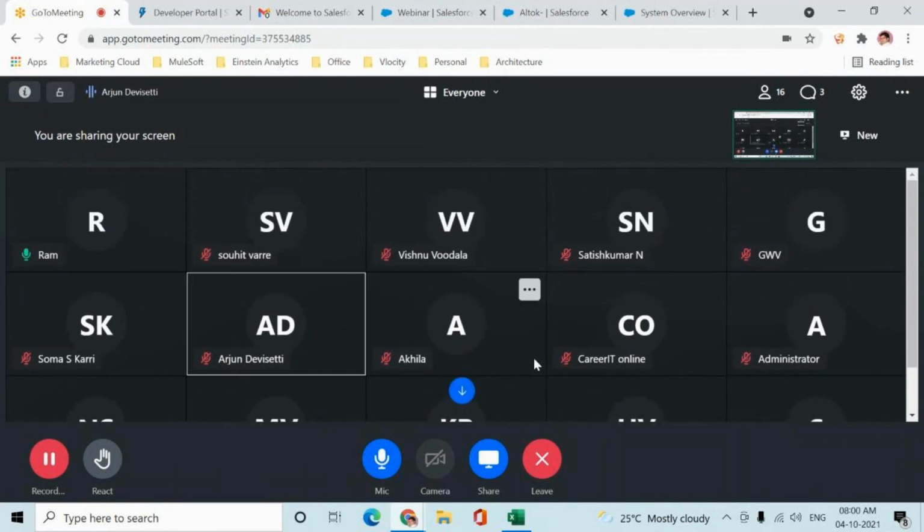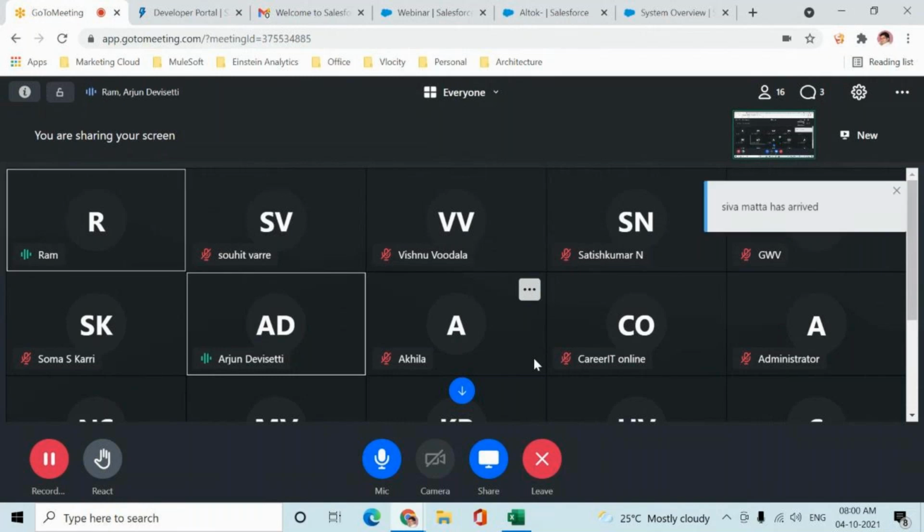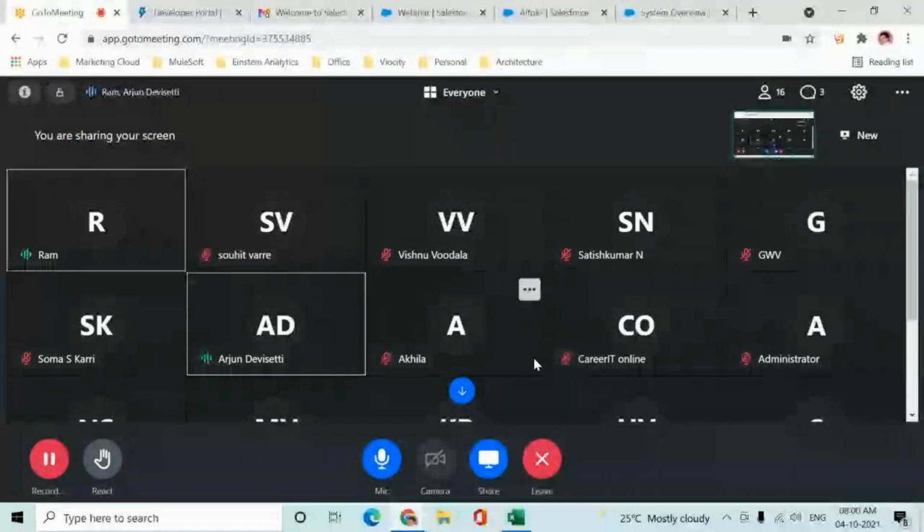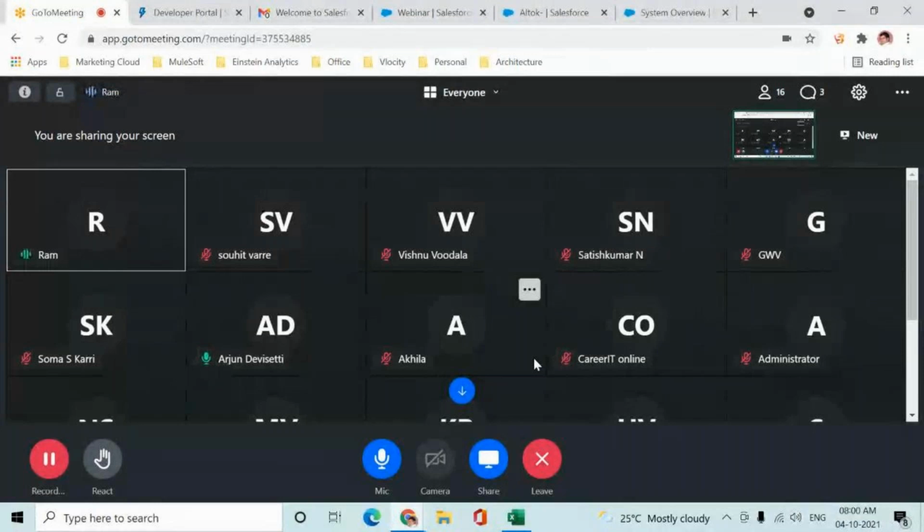2 weeks or 3 weeks? Hi Ram, this is Arjun. My question is, I'm from an arts background. Should I require any technical knowledge to learn this course in case of development? For admin, you don't have to. For development, you should be aware of some object oriented programming language, but for admin, you don't have to learn anything.